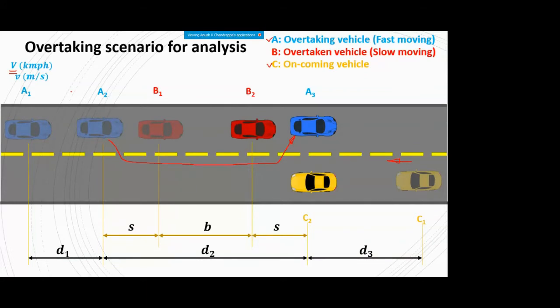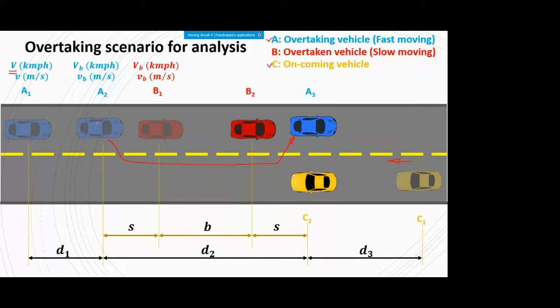We all know that in India especially, the speed limit sign is never given proper respect, or many of them don't even know what a speed limit sign or speed limit for the road is. So they just travel at anywhere greater than 100 as well. But for analysis purpose, we'll restrict ourselves to the design speed, which is V kmph.